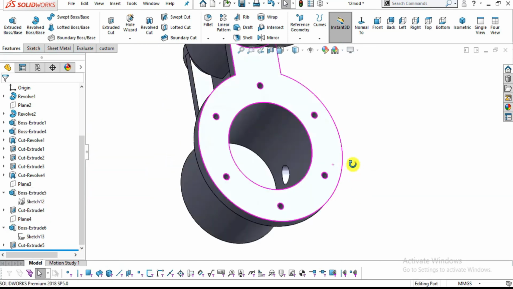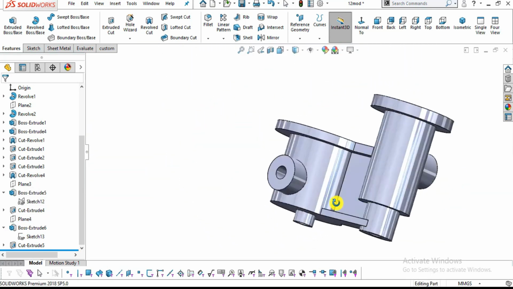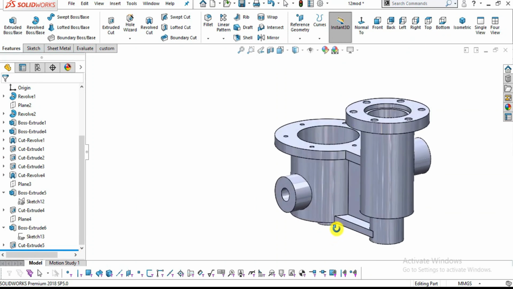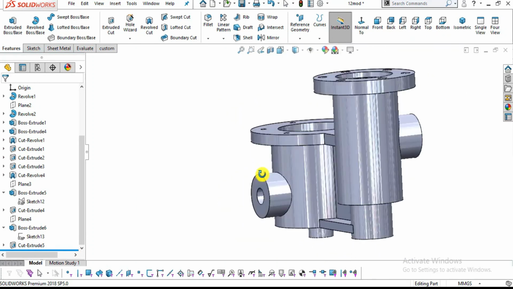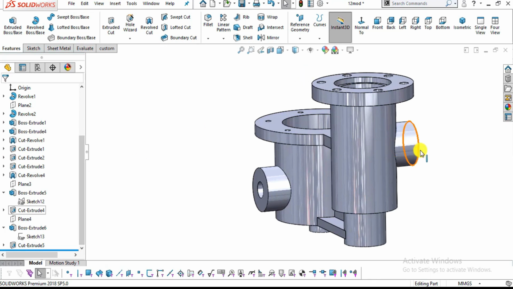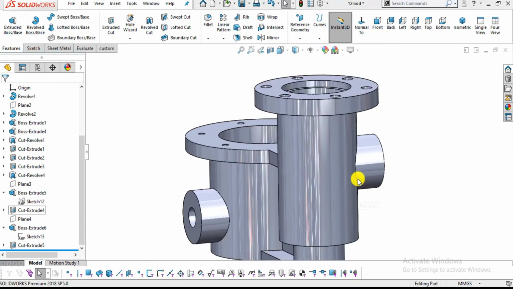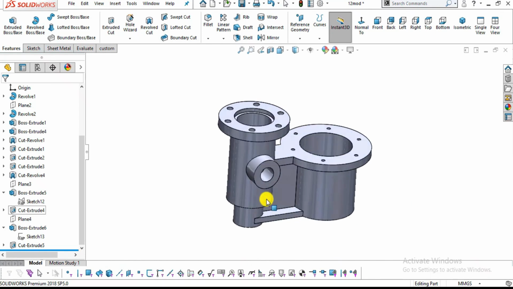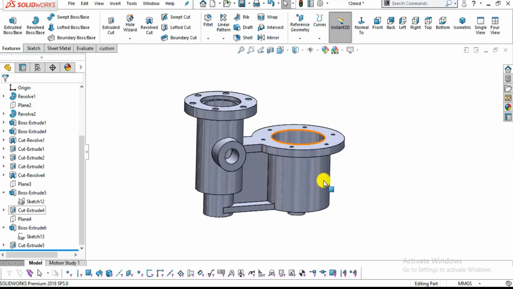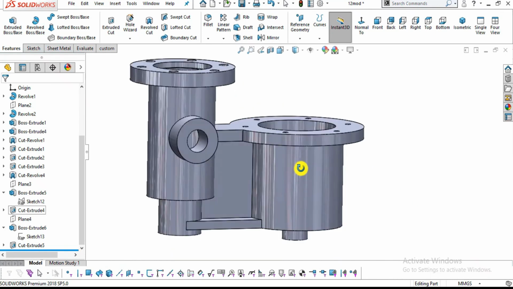Now you can see we have created both the extruded bosses by creating two reference planes, and in this way we can create this advanced type of part in SolidWorks with the help of a very simple approach. And in case you like this video, please